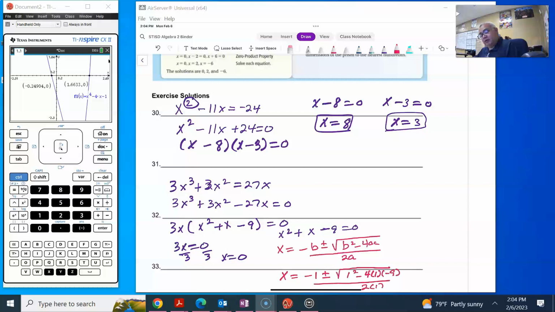It might be real. So we have negative 1 plus or minus square root. b squared is 1. Negative 4 times negative 9 gives you 36, so it's 37 over 2. So yeah, they're irrational. Those are our two answers, and then we have x